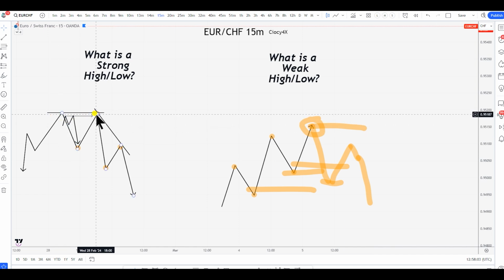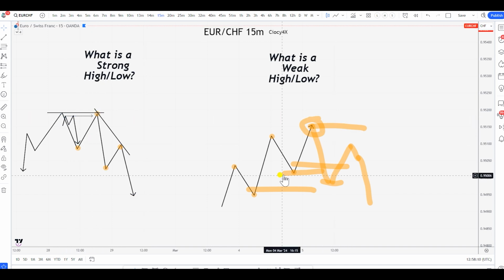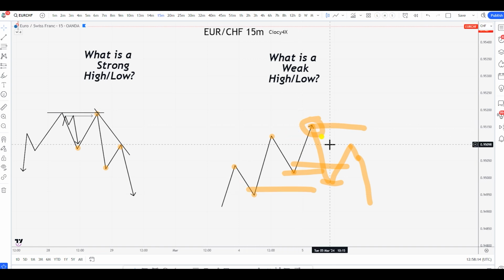shows you several types of confluences. It shows you several types of logic. But it's pointless for you to have all this logic if you don't understand the true nature, the true way the market moves, which is within the order flow, moving like this. And I'm not talking supply and demand or order block. No, I'm talking about the order flow and the momentum. That's the most important one.